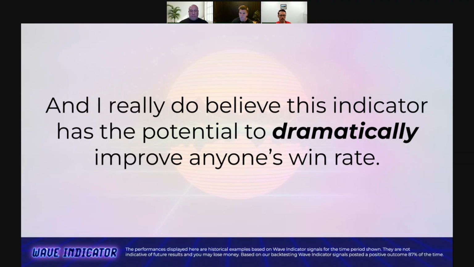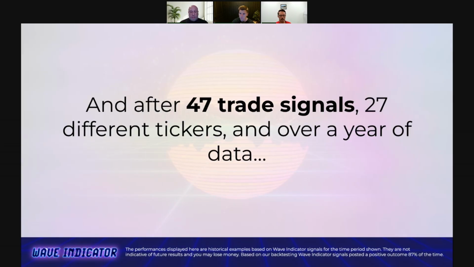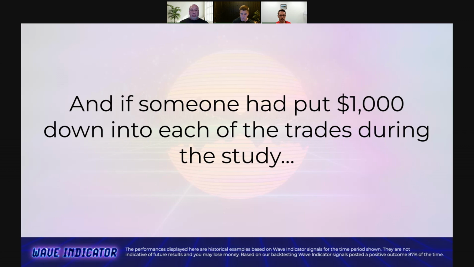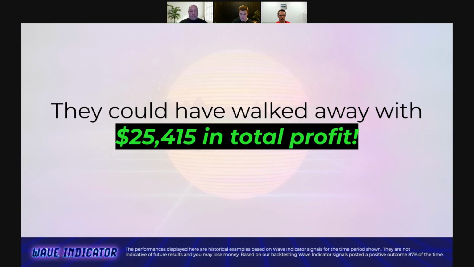And I really do believe this indicator has the potential to dramatically improve anyone's win rate. Because as we were testing it, we ran it through dozens of tickers over even more time frames, tons of data: 47 trade signals, 27 different tickers, over a year of data. And my wave indicator found winning trades 87% of the time. And if someone had put $1,000 down into each of the trades during the testing period, including winners, including losers, they could have walked away with